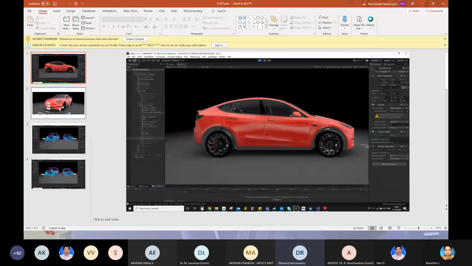See, everybody knows how CAD will be. CAD is nothing but solid colors, but here you can feel the real car, correct? The paint of the car, the wheel, the shadow and lighting. So you can feel that. What you have to do is convert the CAD model into a lightweight model, then bring it into the Unity software. Then you can play around with that.